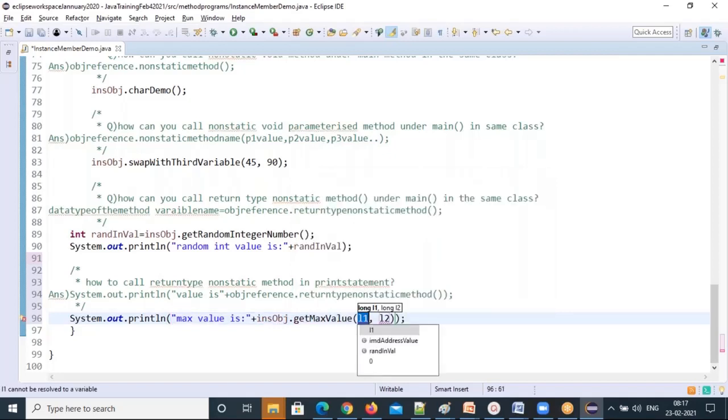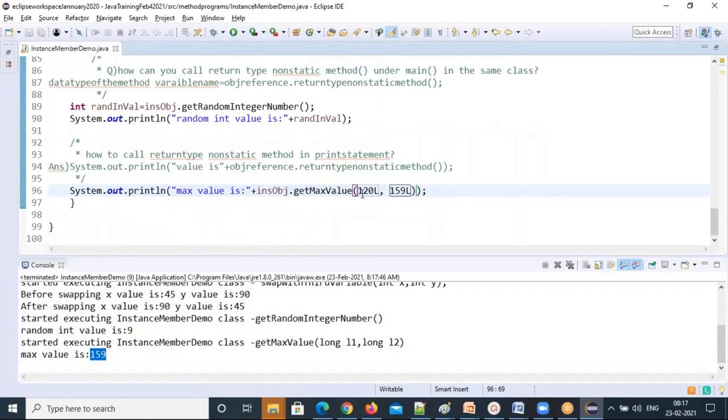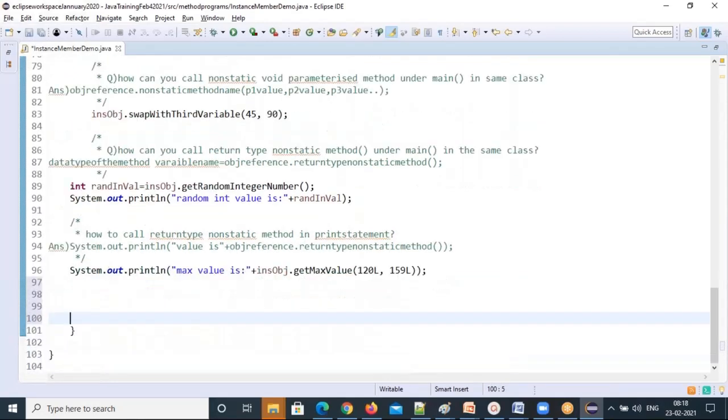You give the values 120 capital L and 159 capital L, so any two integer, long values. See that 159, it will return to you. That's the max value out of 120 and 159. You are getting it easily. So are you all clear till now?